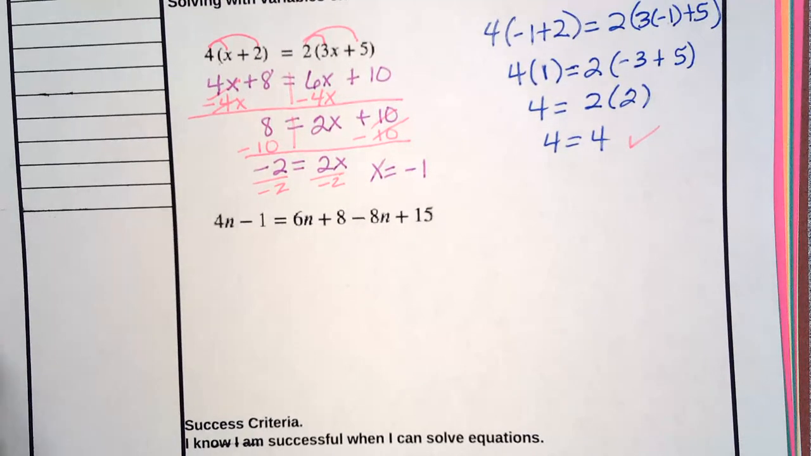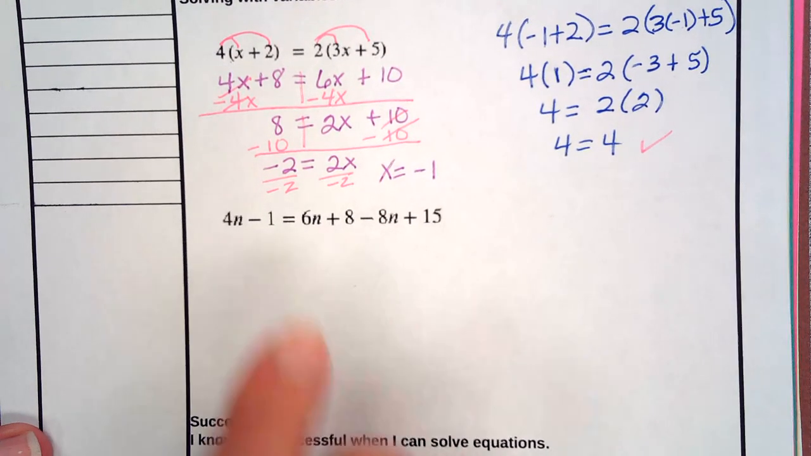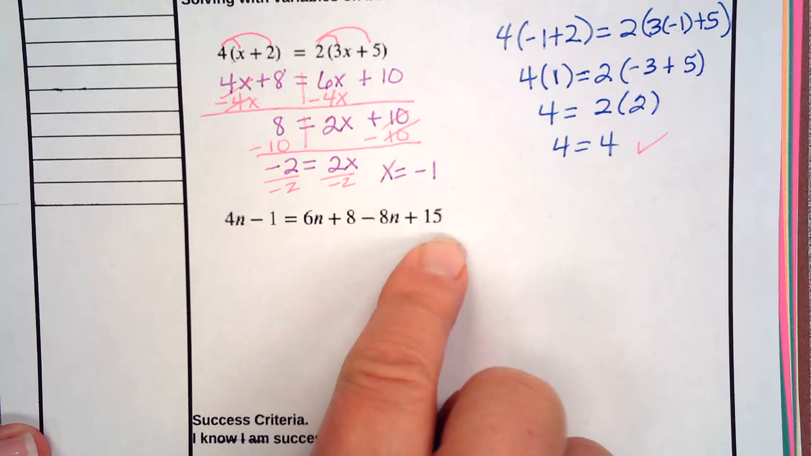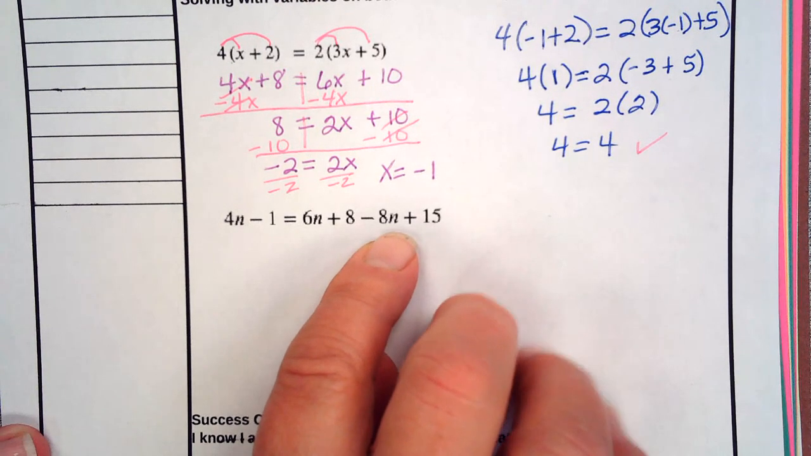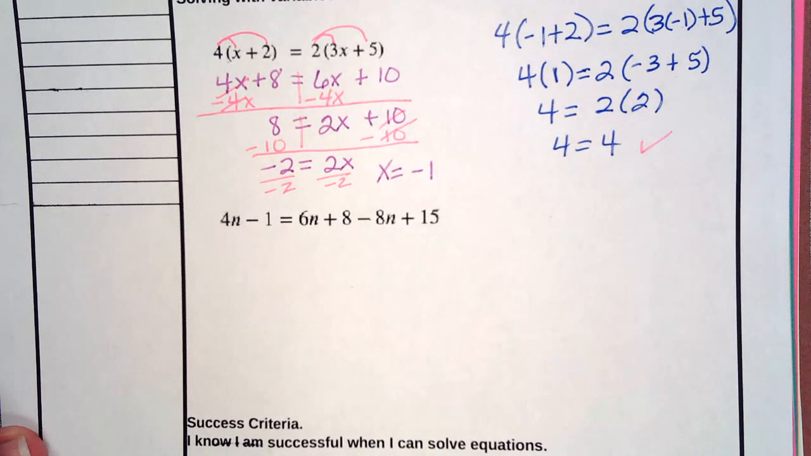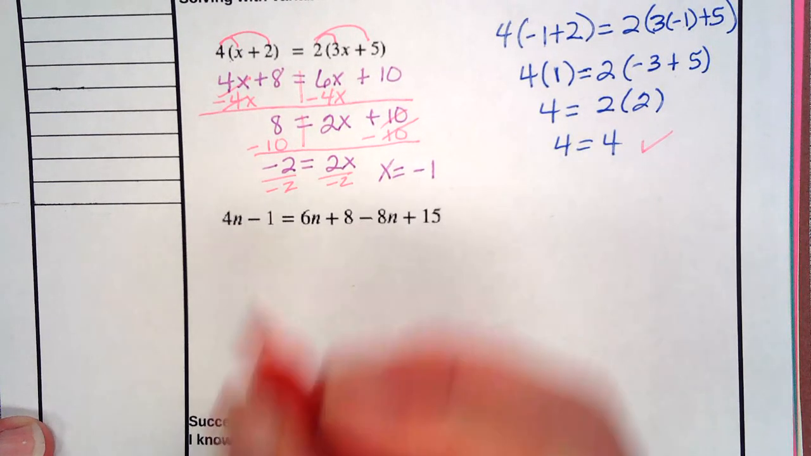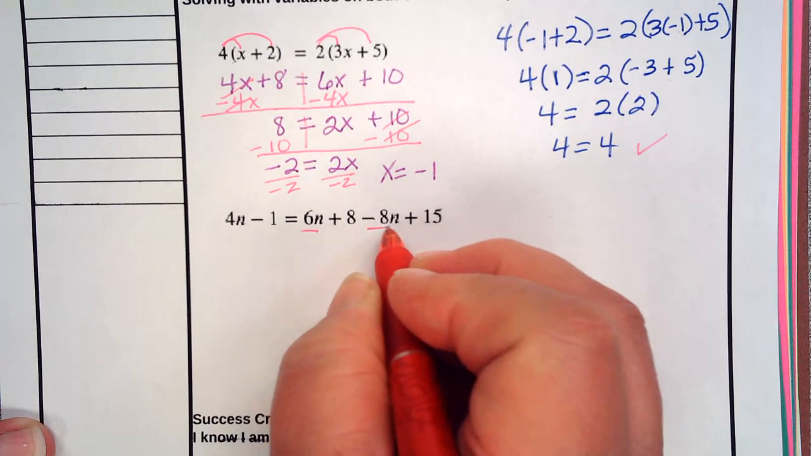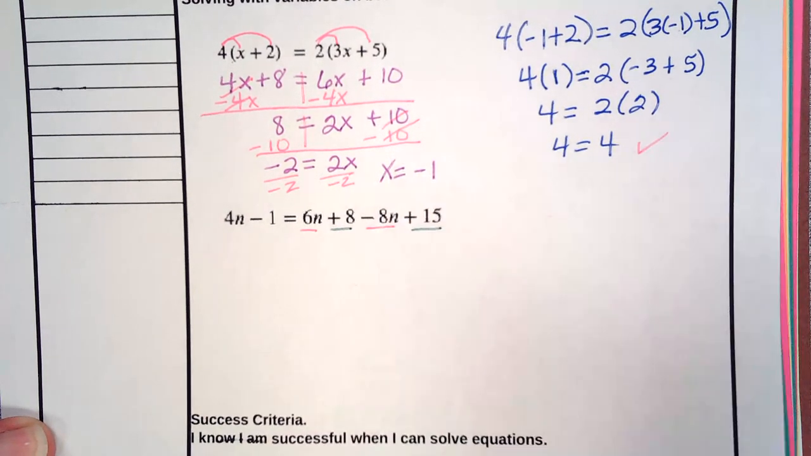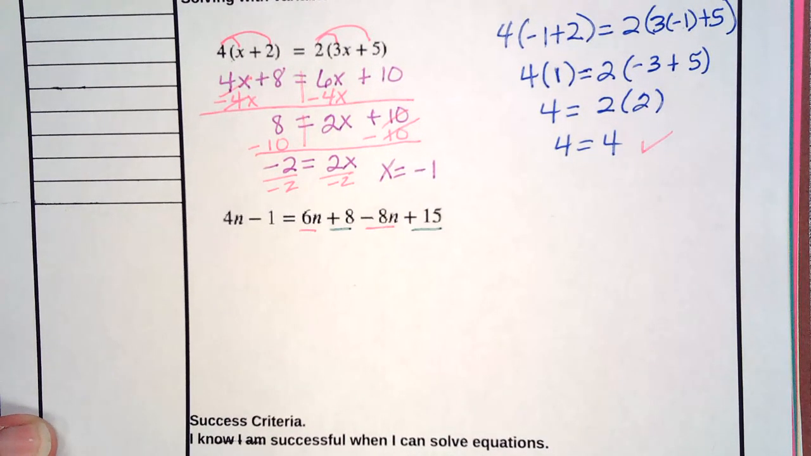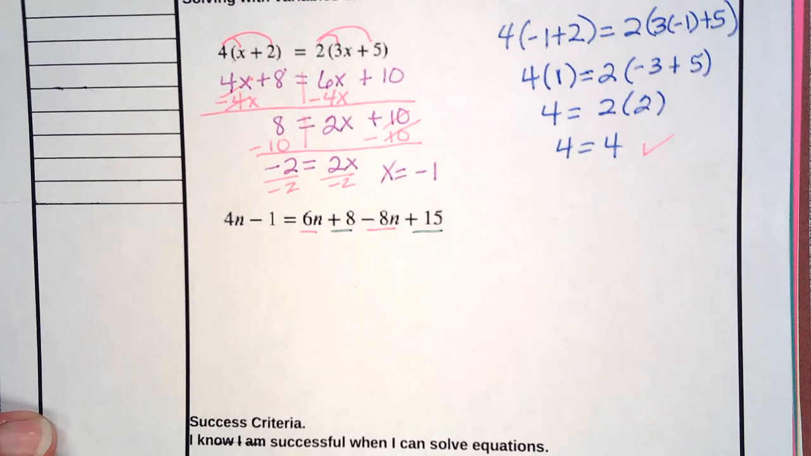Okay, now this is another common mistake I see students make. They do not simplify both sides. If they don't simplify both sides, then they do not get the correct answer because they're trying to add 8 in here and here and there, and it just doesn't work. So, always check to make sure both sides are simplified. In this case, I've got a 6n and a -8n, and I've got a +8 and a +15. 4n minus 1